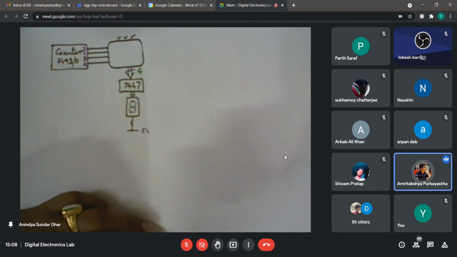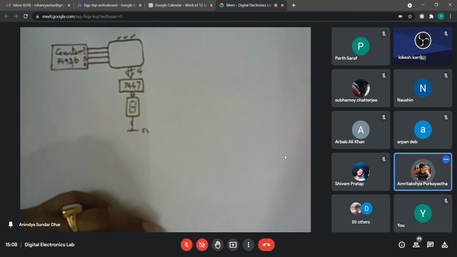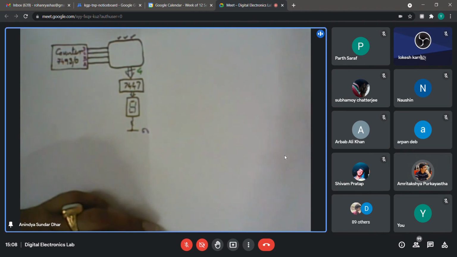It can store only 2 to the power 4 words. If I use 7493 using 4 address lines, it will be 16. Well, it will be 10 if I use 7490, right? Because it will circulate only through 10 states. 0000 to maybe 1001. So 0 to 9 in case of your 7490, 0 to 15 in case of 7493. Okay, so I need not really have to populate the full RAM.